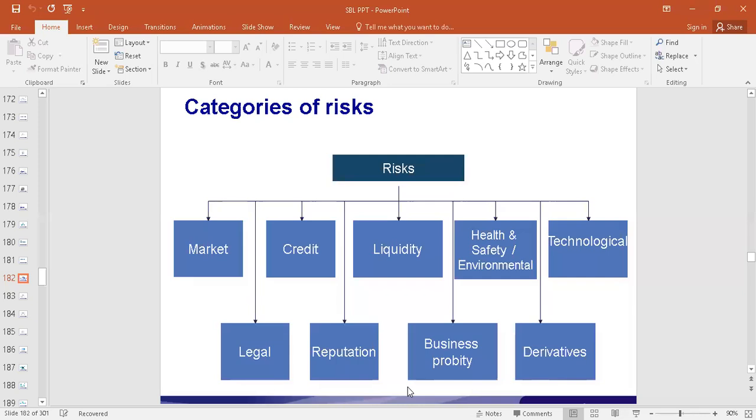So theoretical answer, it is a general answer about what are the different types of risk. If you have a knowledge about that, you know what these concepts are, you will very quickly be able to relate it to that particular company in the case study, and then give out your opinion about what risks can affect the business and what measures should be taken to deal with that risk, to mitigate the risk. So that is how your approach would be in the examination.